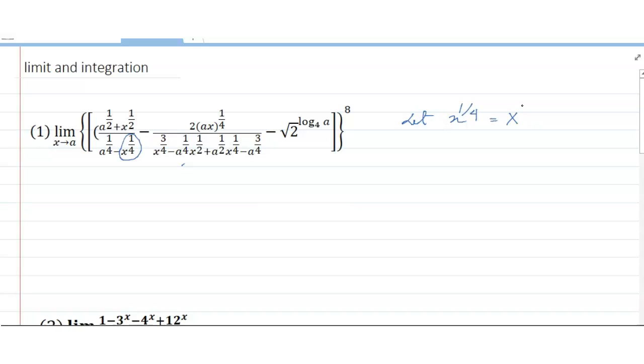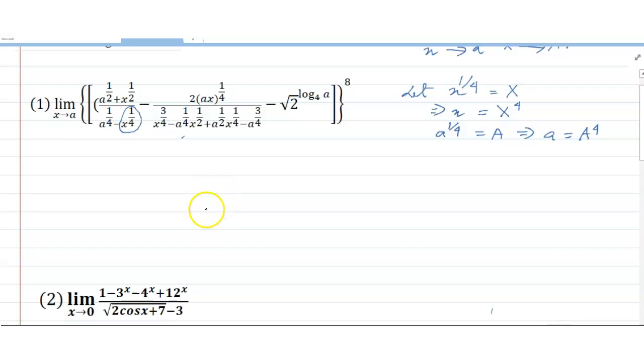X to the power 1 by 4 is capital X, that implies x is equal to capital X to the power 4. Similarly, if we take a to the power 1 by 4 equal to capital A, so a is equal to capital A to the power 4, and as x tends to a, so capital X tends to capital A. So friends, this equation is